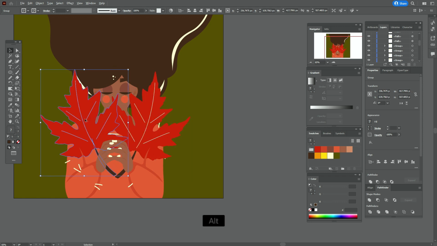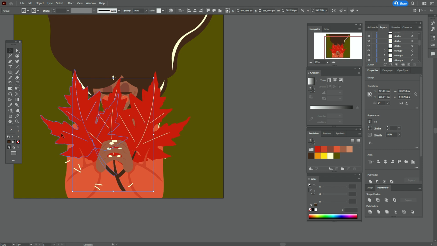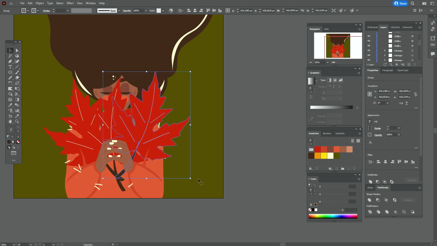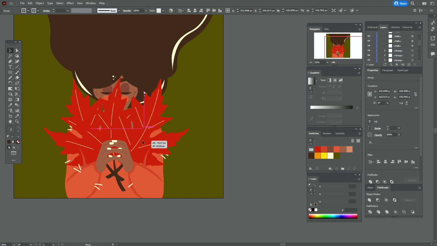Now let's make one more copy, rotate, and now let's move the leaves a little like this. Okay,